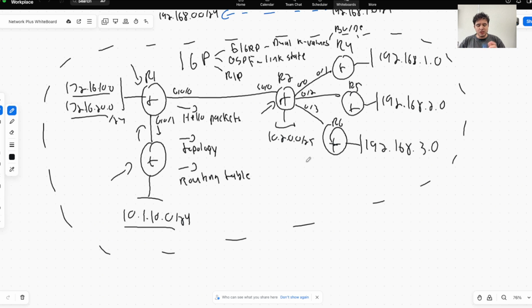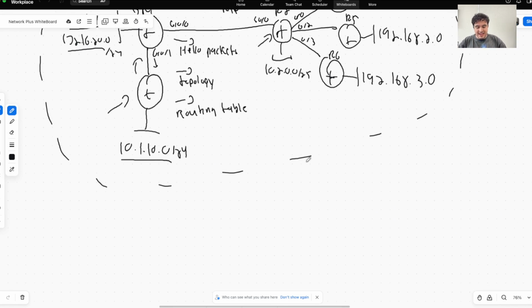Now, each routing protocol has its own unique things. For EIGRP,